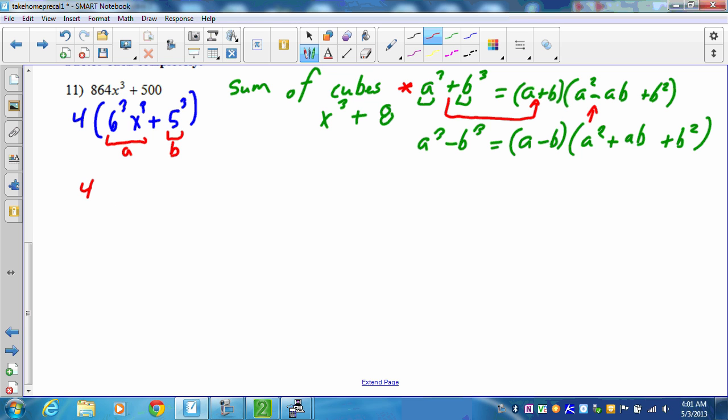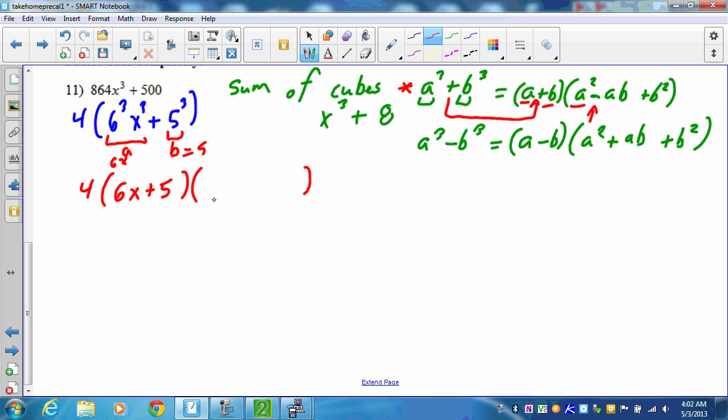So we have 4, we're going to leave it outside. We're going to have a term here and a term here, and the formula says a plus b, so we have, excuse me, not 6 cubed, we have 6x plus our b term is 5, and then moving on to the second part of the formula, if a is 6x and b is 5,